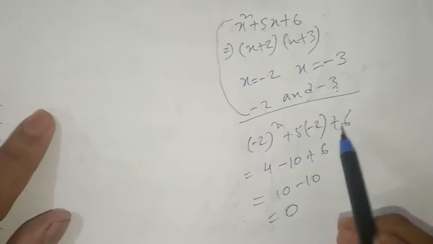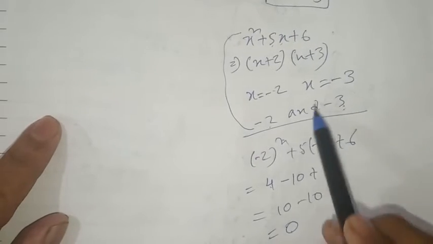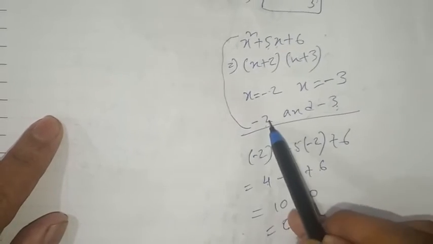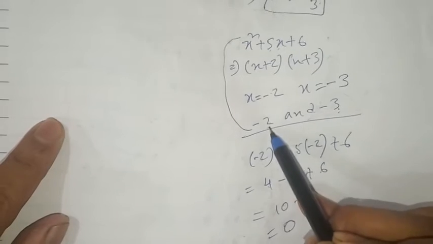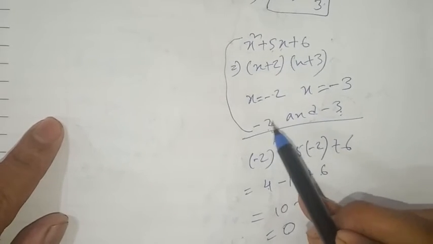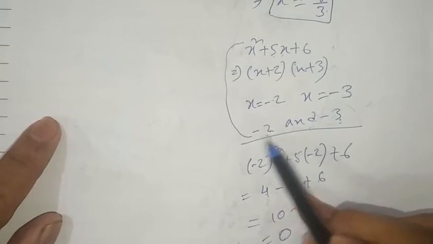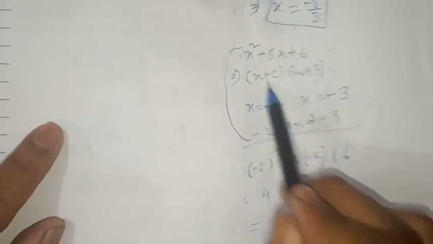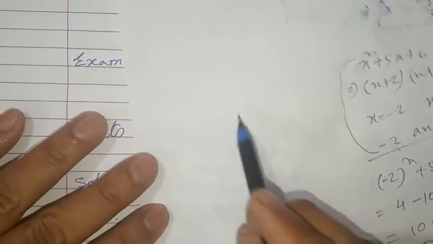So this was a little bit of concept about zeros of a polynomial. If you know a zero, you can find the factor. From this factor you have obtained these zeros, so vice versa can happen. If you know the zeros, you can find the factor. So this is one thing; algebraically we have understood.